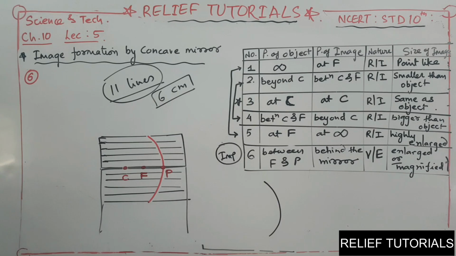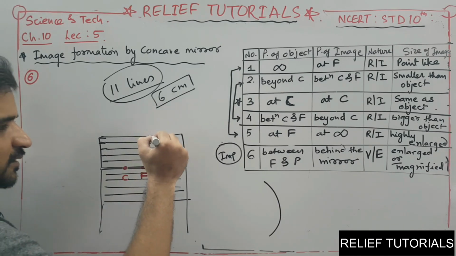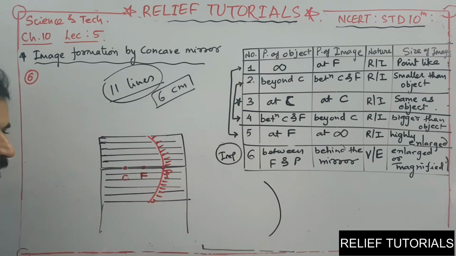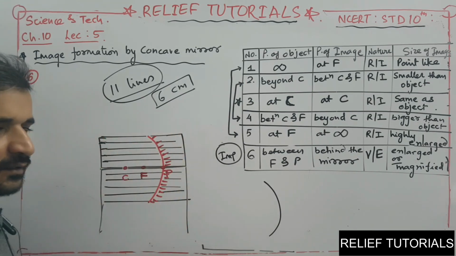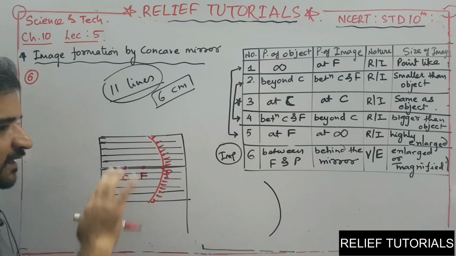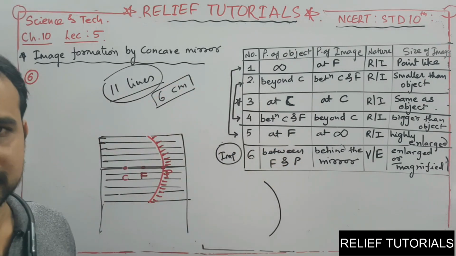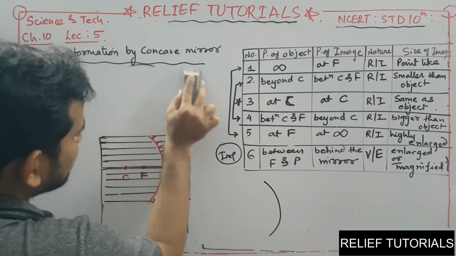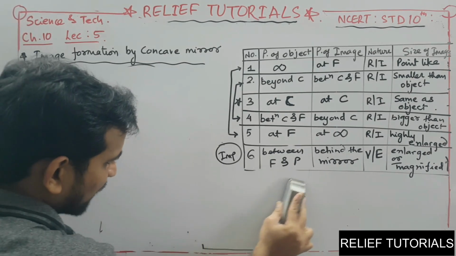Very simple. Just do this colored part like this. This dash dash dash means the colored part. So this is your perfect concave mirror, and then you start to draw these images. It will be very helpful to you. It will reduce your time to do the task. And now the topic is about